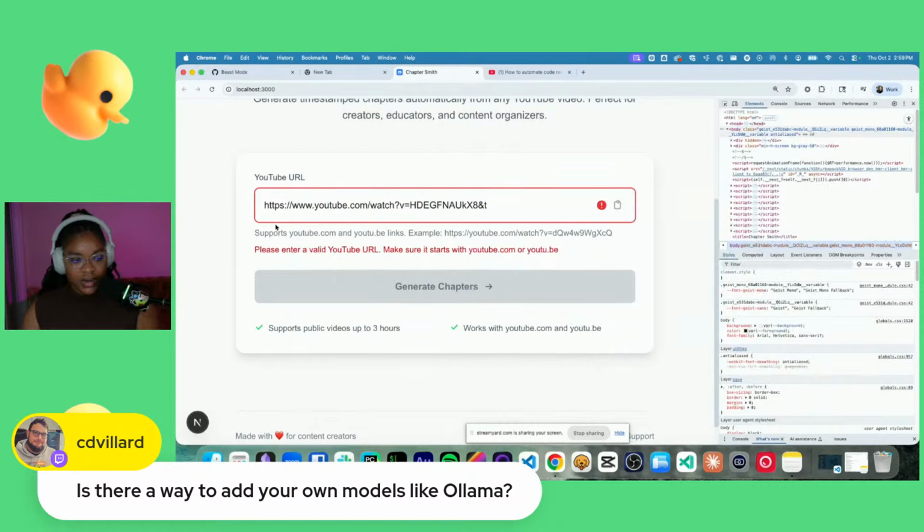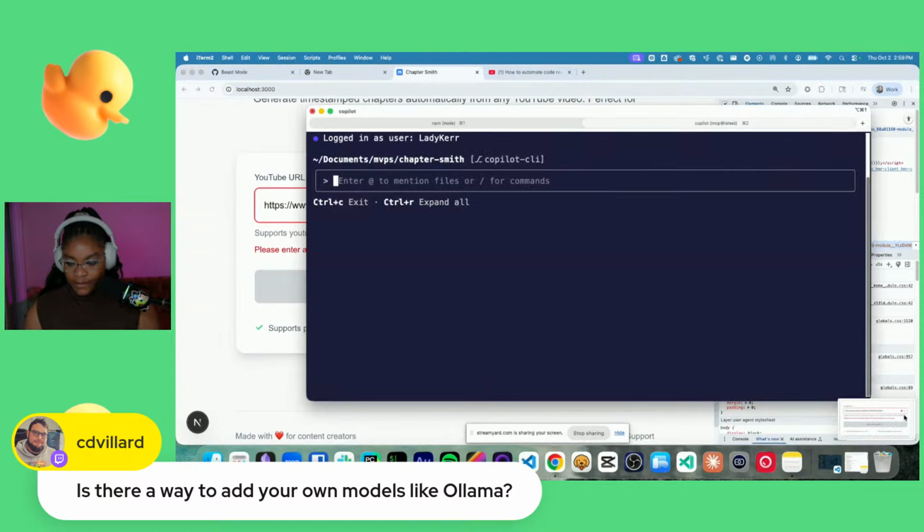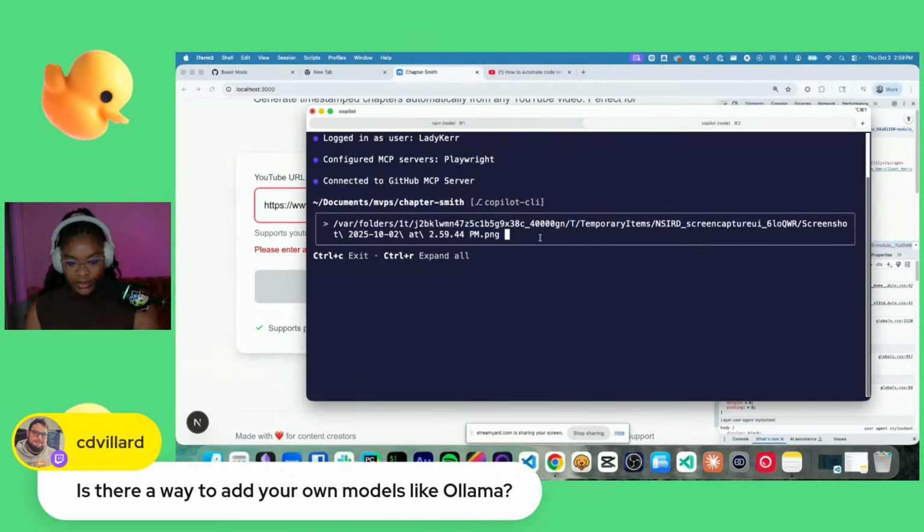I can actually send a screenshot to Copilot here. And I can say the YouTube URL is valid, but I keep getting this error message.